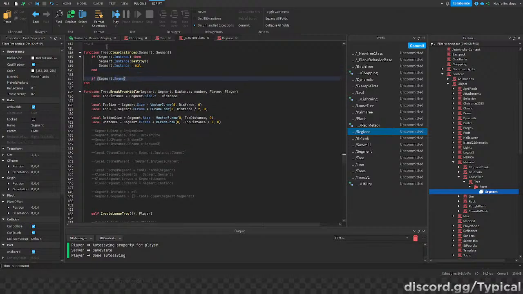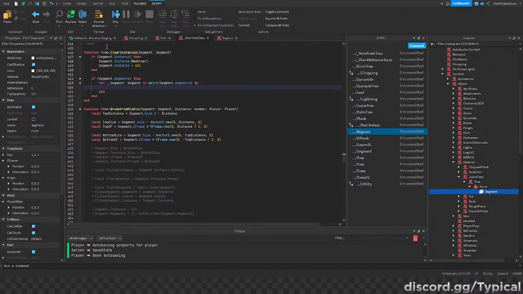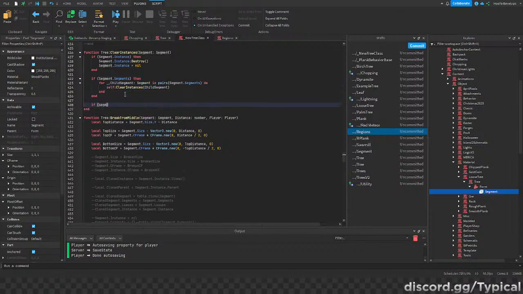If segment.segments, then for i, segment in pairs do segments instances segments. Well, here, let's name this child segment. If segment.leaves, then